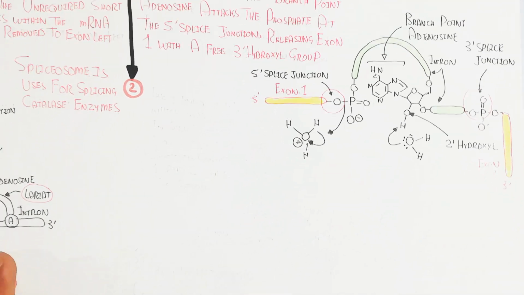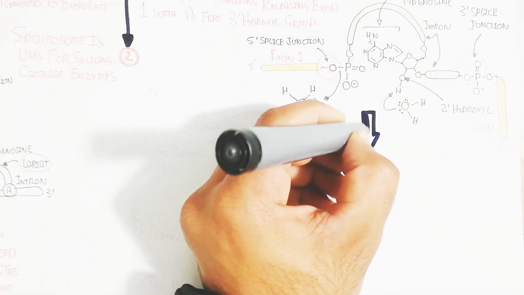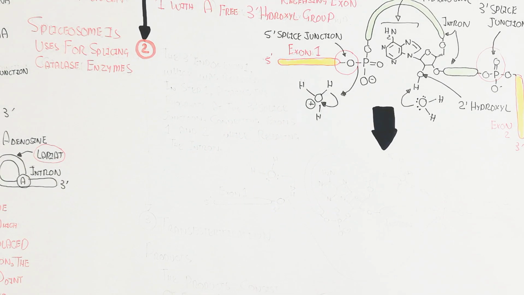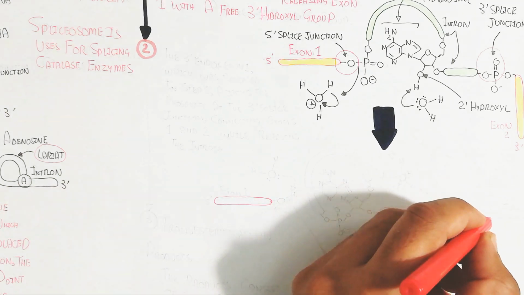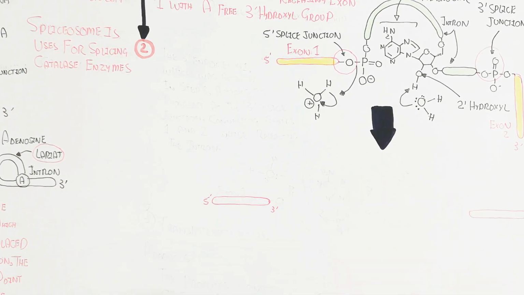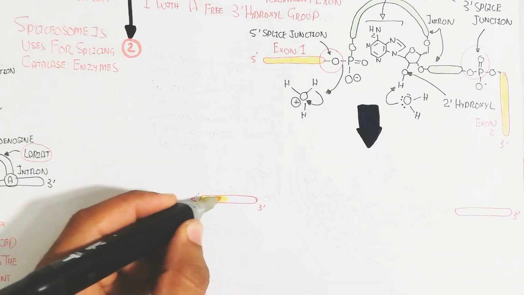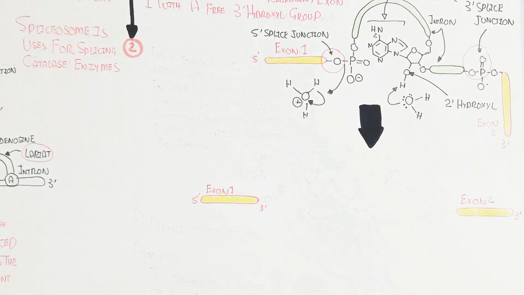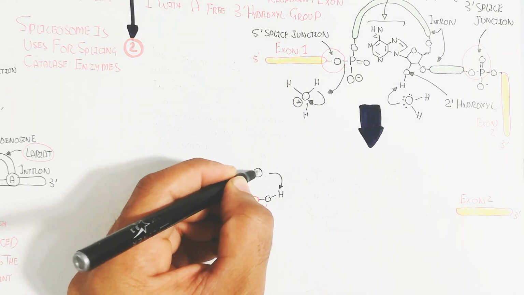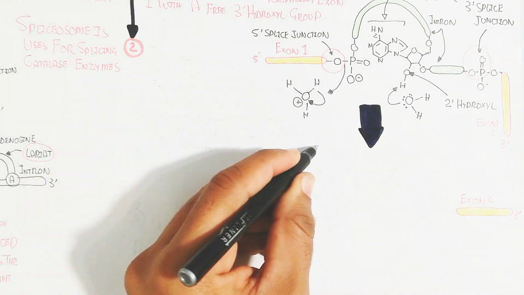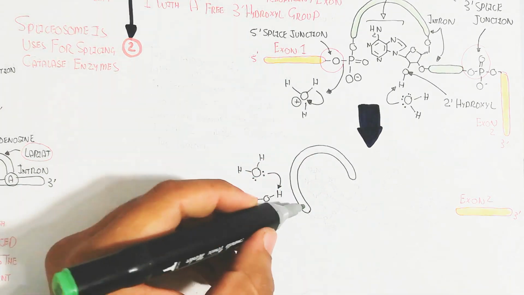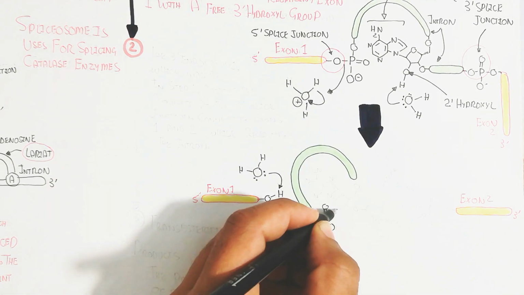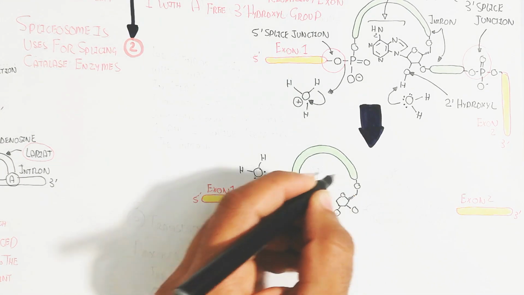Anyhow, let's understand the 3 prime end of exon 1, which was released in step 1, and it attacks the phosphate at the 3 prime splice junction, and in this the two attack each other, connecting exon 1 and 2, which releases the intron. How is it possible? Let's begin to understand. This is the 3 prime side containing a hydroxyl group, and in this way the water will receive the proton to form a hydronium ion. And here you can see this is the